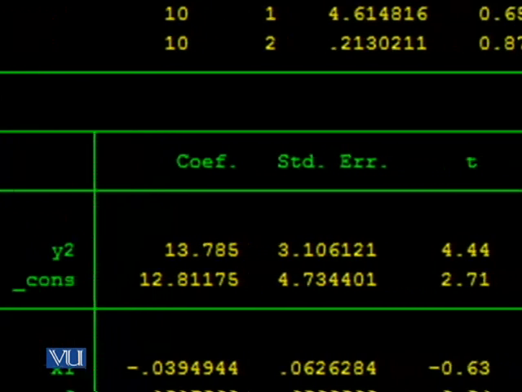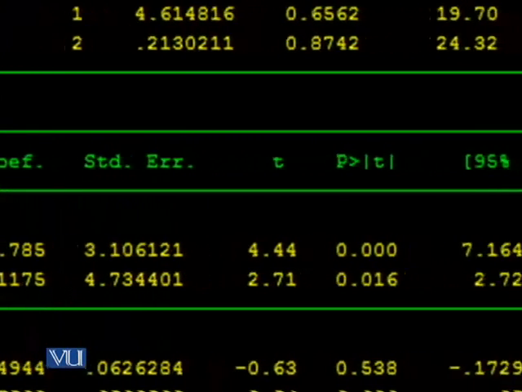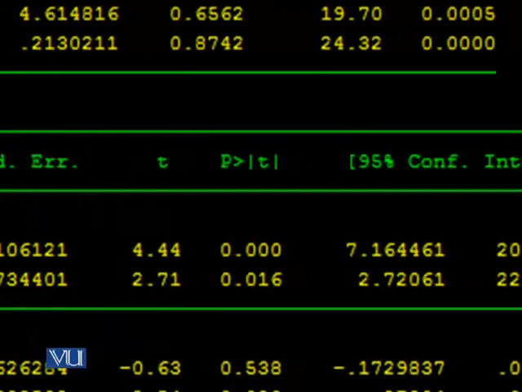You have standard errors, t values, and p values. Look at the p values. The first one is 0.000. It may not be exactly 0, but a very small value like 0 with several zeros and then some value, so it is displayed as 0 over here. And then you have 0.016. So what does this p value signify? As you remember from regression, the p value shows at what level your calculated test statistic becomes greater than the table value, so you can reject H naught.